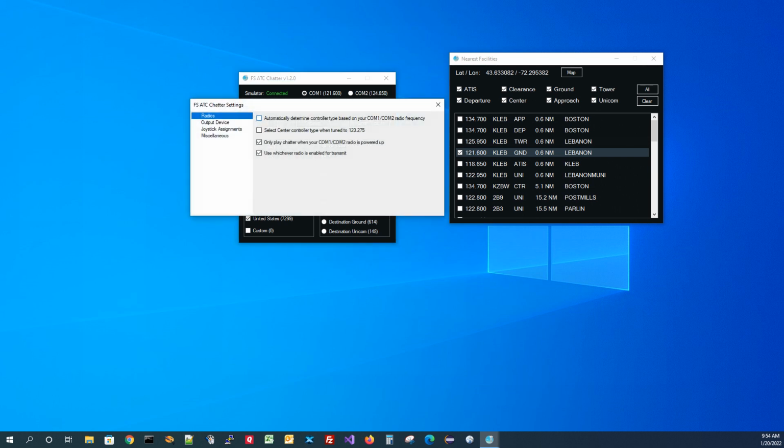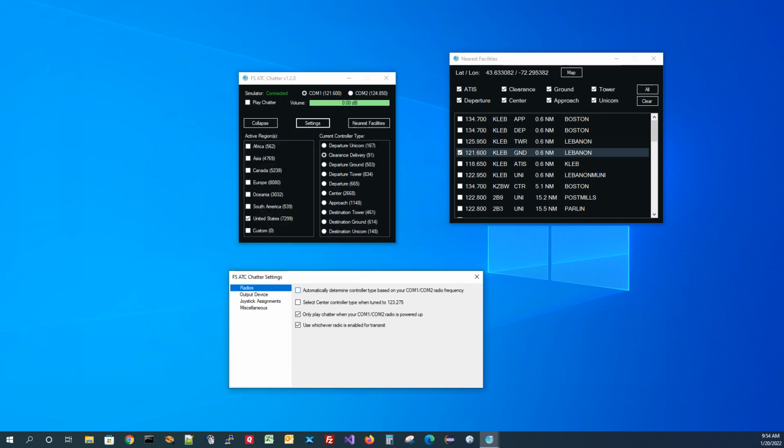Okay, so you see how that works. Most people will operate this with the automatically determines controller type. You also have the ability to only play chatter when your COM 1 and COM 2 radios are powered up. If I were to go in and shut off the avionics power in the cockpit, these COM 1 and COM 2 radio buttons up here will turn red,